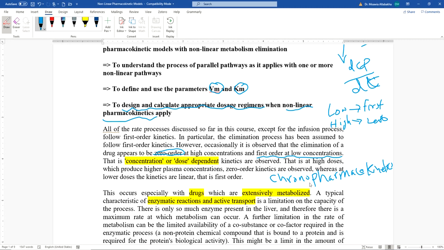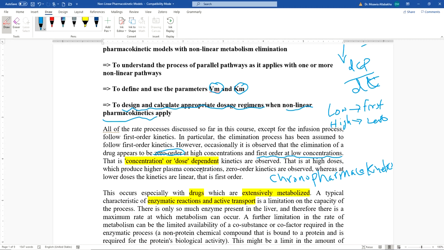Chrono means time, so it is time dependent pharmacokinetics. So it's not concentration or dose dependent kinetics. I want you to know that non-linear pharmacokinetics refer to different things, and we will focus on the dose